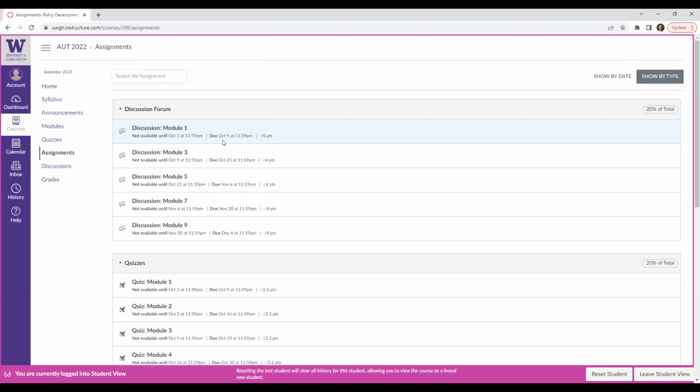So if you happen to miss a deadline, just note that you can always complete an assignment late up to a week after the due date. However, once that extra week has passed, so for example, for the module 1 discussion, it would be open until October 16th, but once that date has passed, the assignment would close and it can no longer be completed for grading.